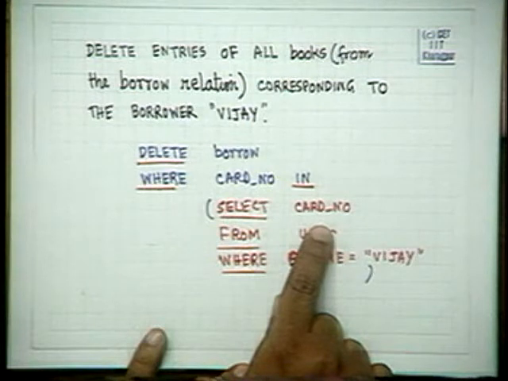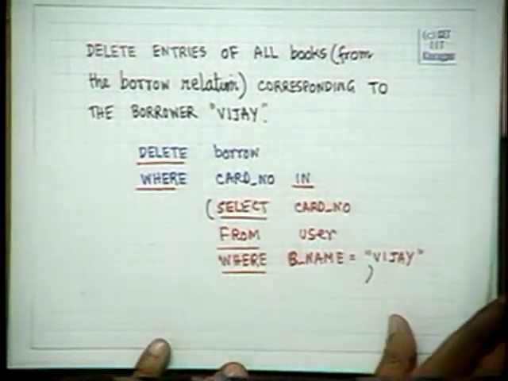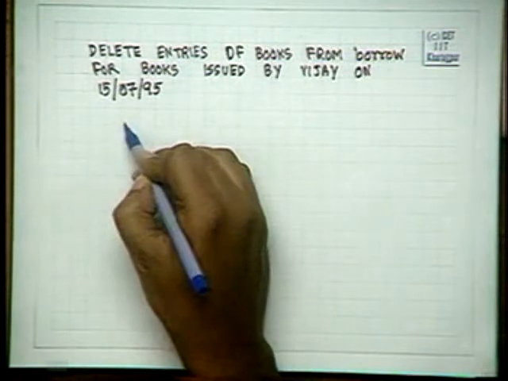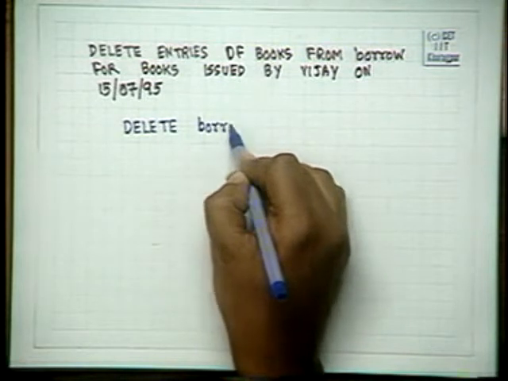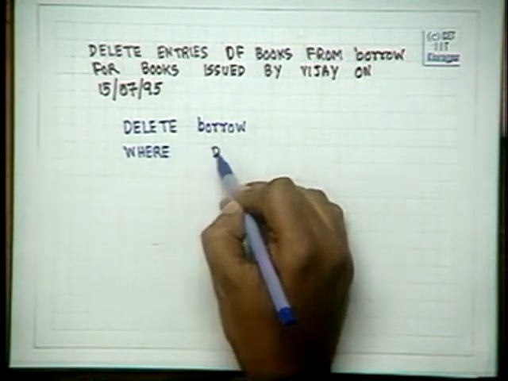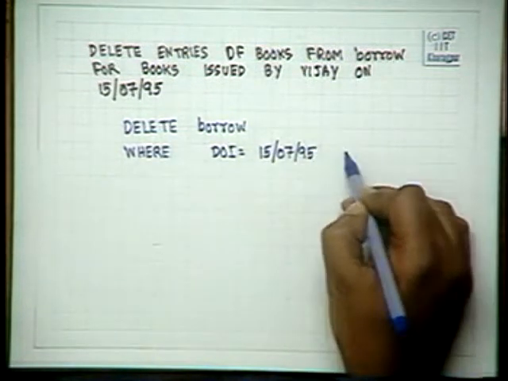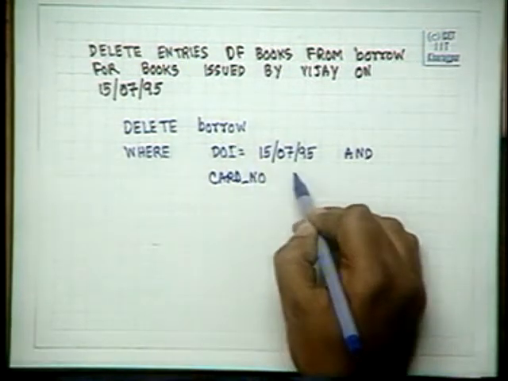Here it was sufficient to take out card number, but now we will have to take out not only card number but also date of issue. This is not difficult, this is fairly simple. And card number in.